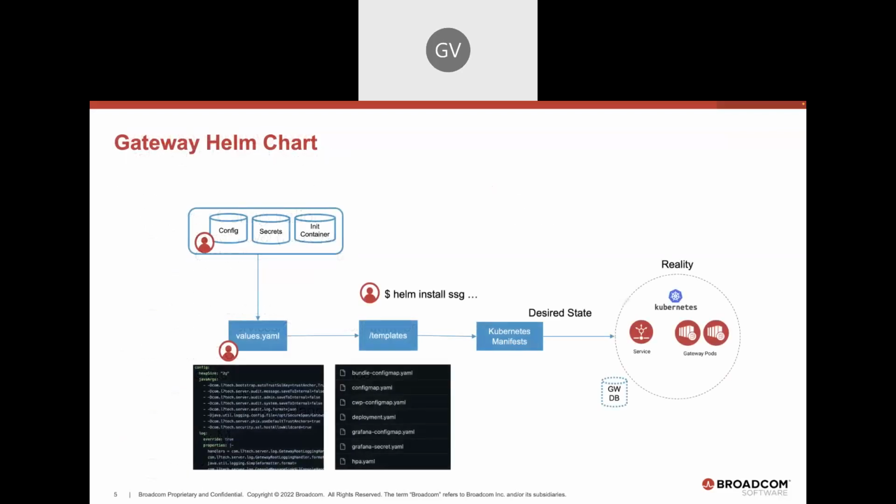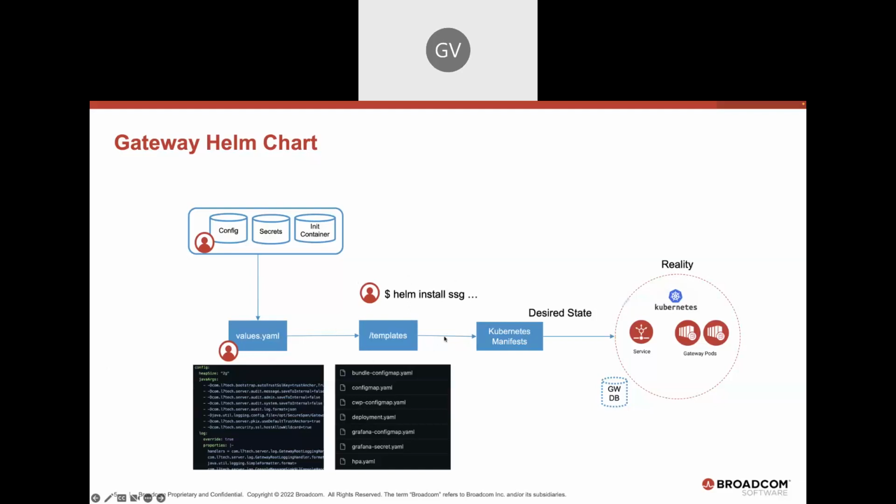So just to reset some of the context, with the gateway Helm chart, we're going to go through today creating some configuration. We'll create some secrets. We'll also create and configure an InitContainer. We're going to reference all of the things that we create in our values.yaml file. We won't be including any usernames or passwords in our values.yaml file. Through Helm install,